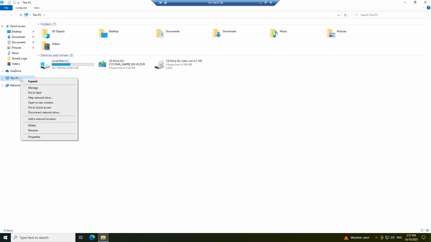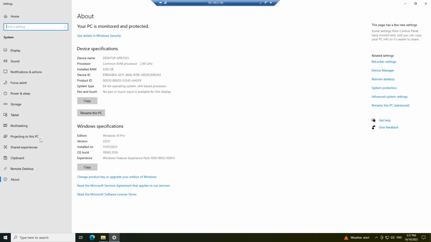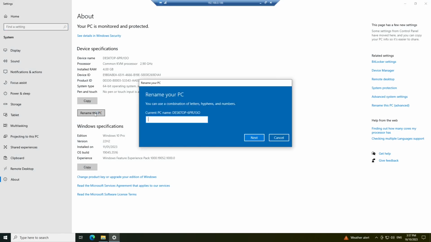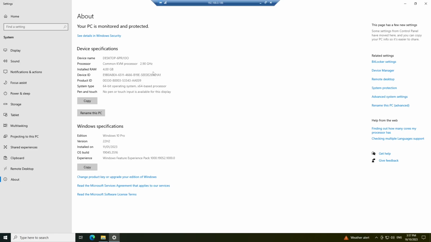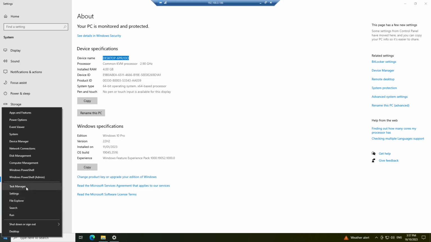Did you know you can rename your computer on Windows 10 and 11 and Server Edition using PowerShell? Most people go to Properties and click on Rename this computer, but there's another way you can do it. You can simply right-click on PowerShell Admin and type the following: